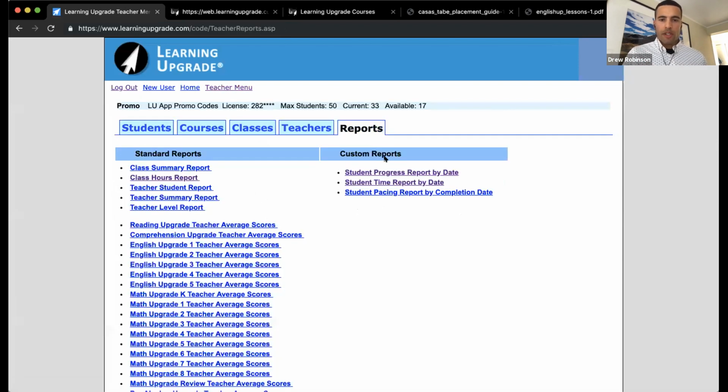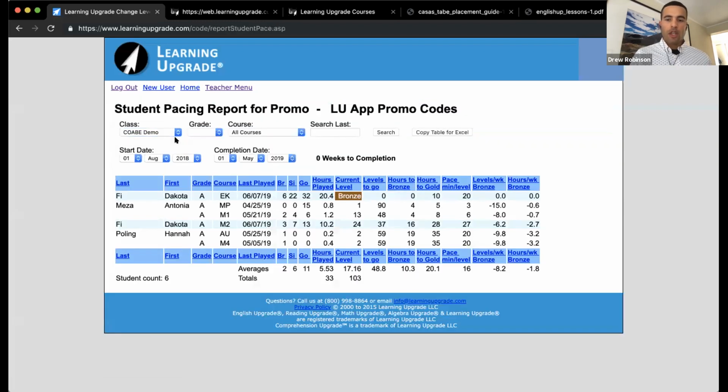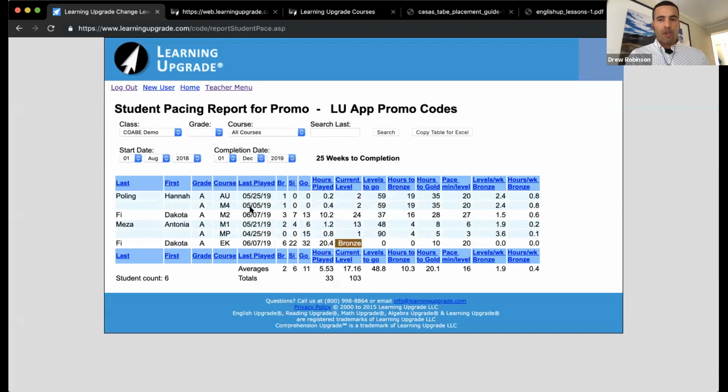So then the final one in the custom reports is the student pacing report by completion date. And so what we're going to see here is, in this case, if you have a test coming up or you have a goal, a lot of our instructors will say, okay, it can be really difficult, as we know, to get our adult learners to take a test. And so sometimes just giving information to the learner, but also as a teacher to know, how much time on